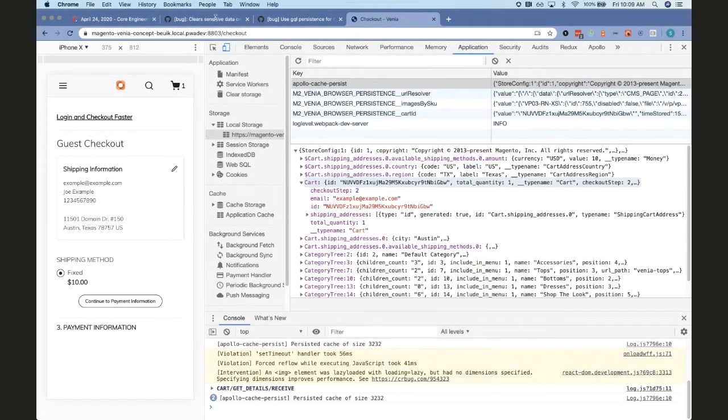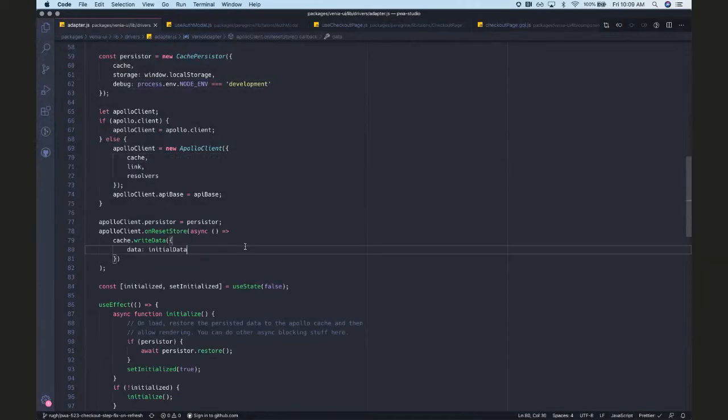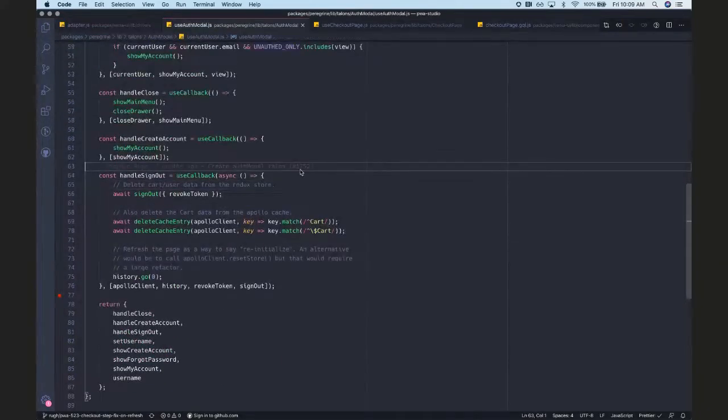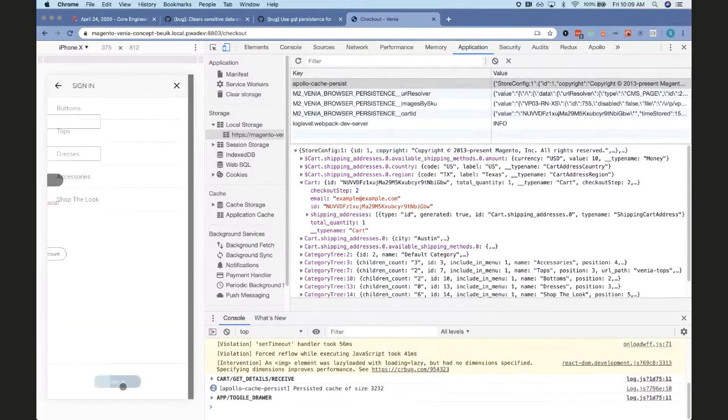So the key there is that now that all the mutations and queries are keyed by those, we have a targetable thing that we can specifically delete in the cache. So I'll pull up my auth modal. Checkout's not fully done yet, so I'm just going to show you an example. But let's assume we're on a shared computer, and I've come here and I'm going to sign in as another